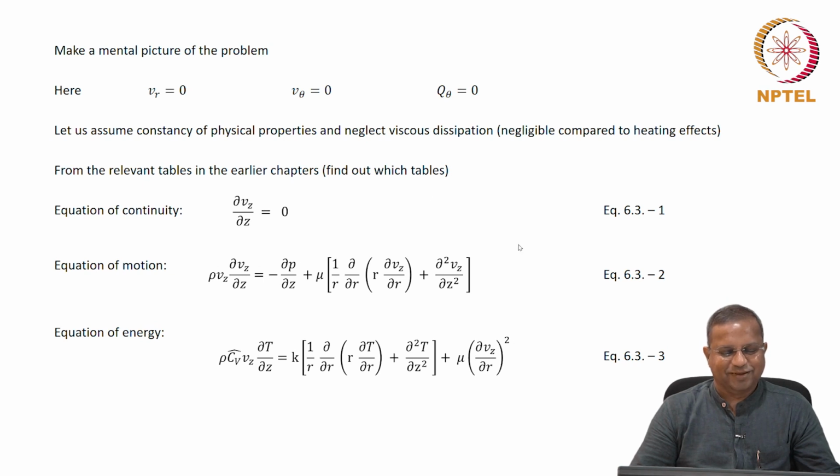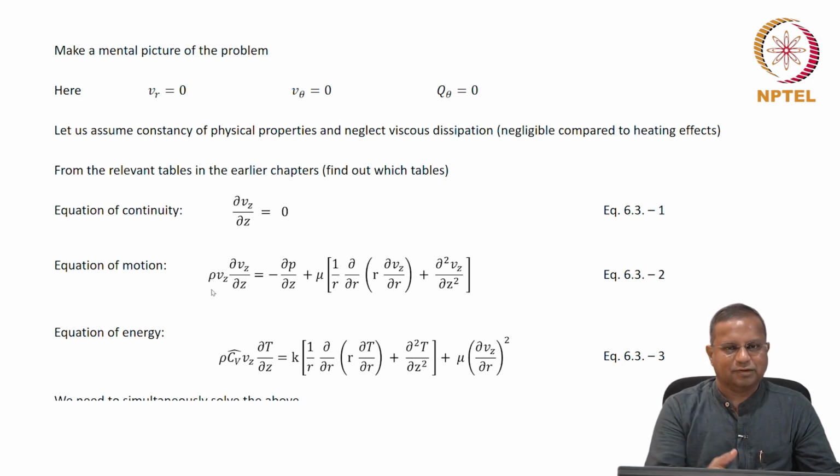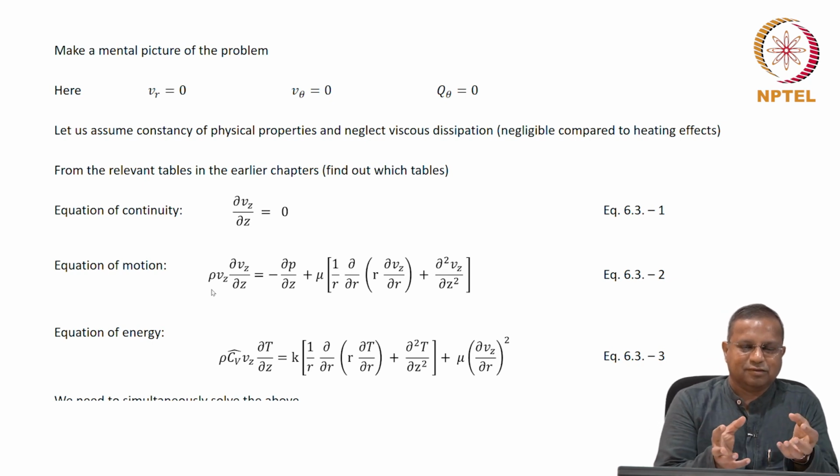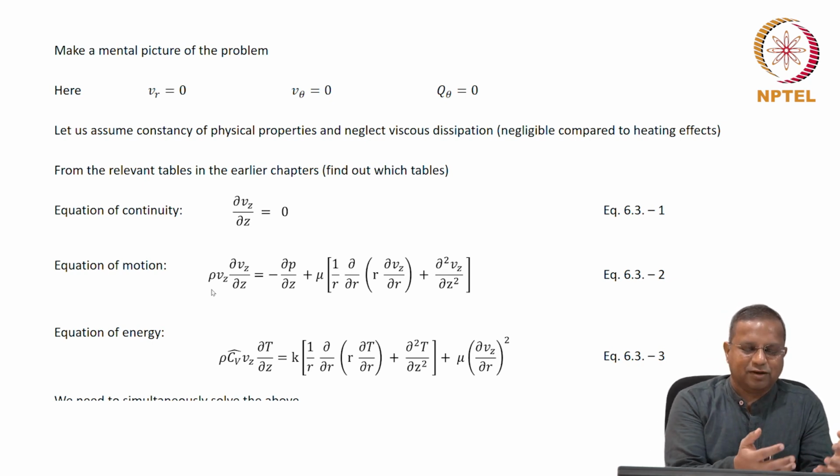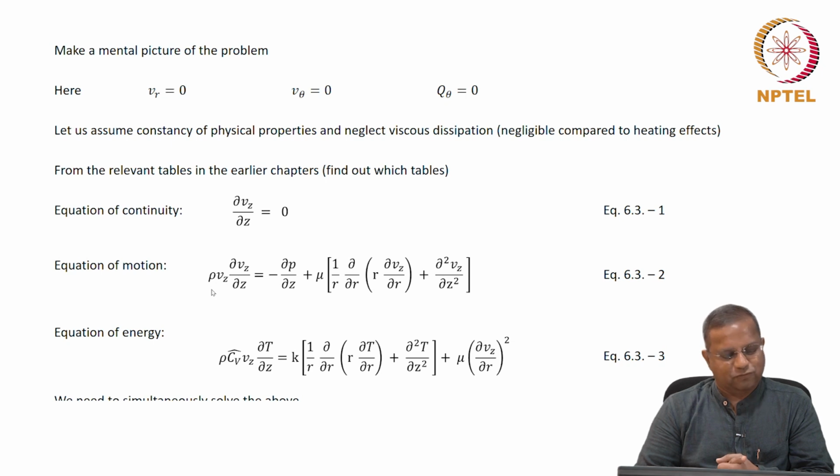Okay. You need to simultaneously solve these, right, to get the solution, because all these conservations are simultaneously valid. We have written the conservations in a form that will be useful. Therefore, if you solve them, you will get something that we are usually looking for. And in this case, we are looking for the temperature variation along the axial direction. Okay. So, if you simultaneously solve this, how do you go about doing this? I will show you one way of doing that.